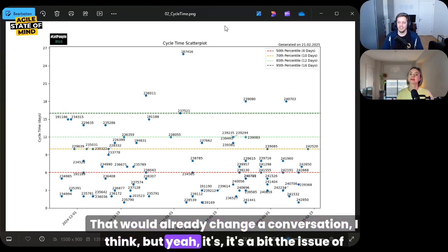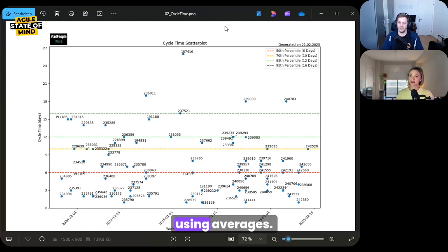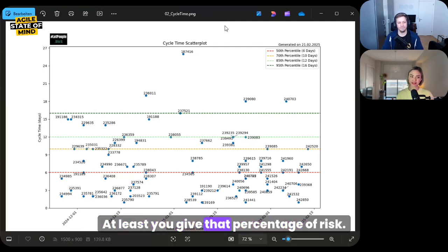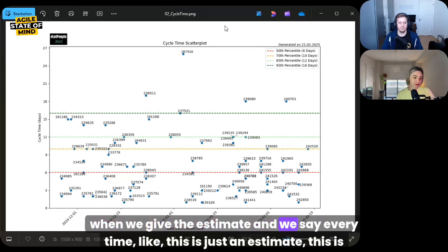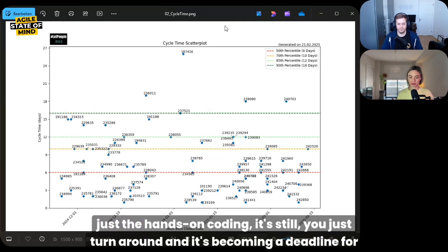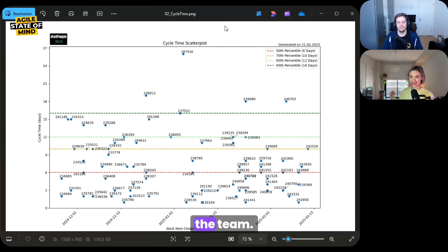But yeah, that's the issue with using averages. At least you give that percentage of risk. And when we give the estimate and say every time, "this is just an estimate", you just turn around and it becomes a deadline for the team, right?